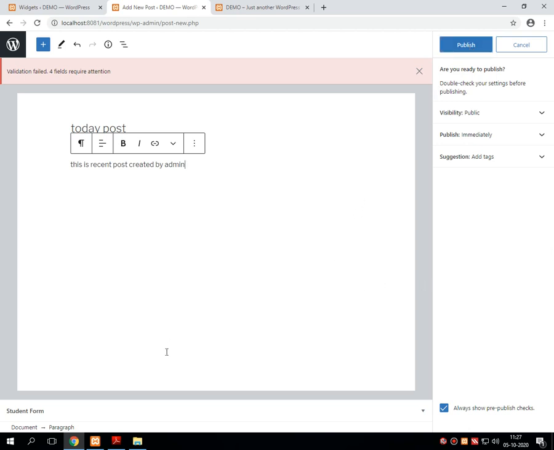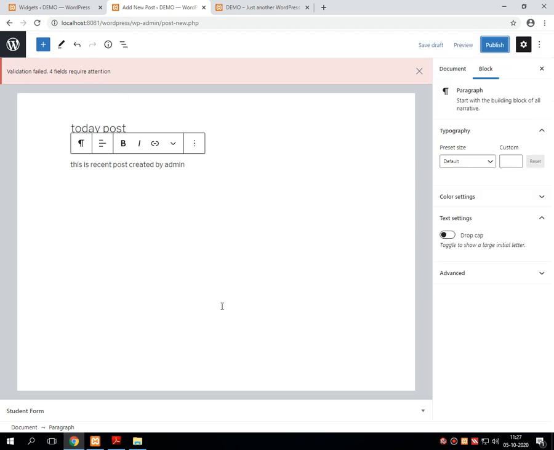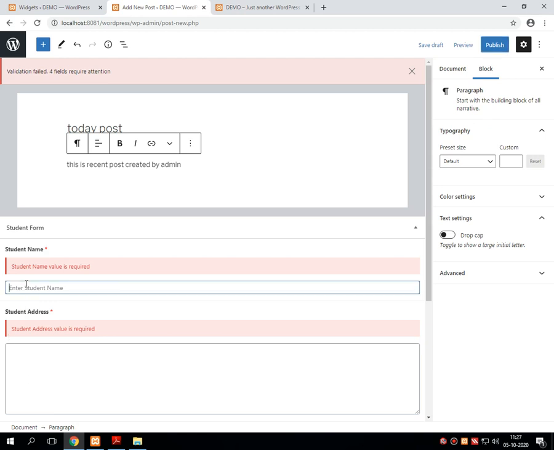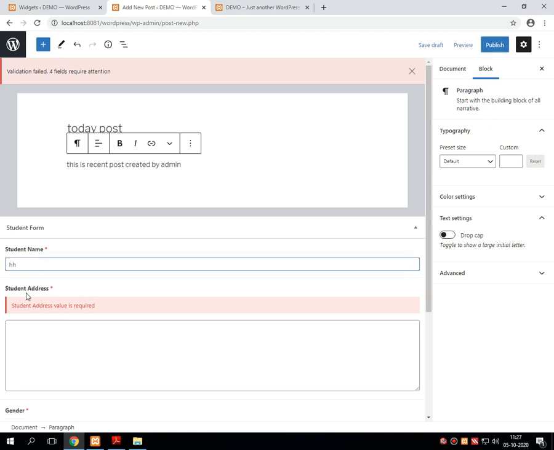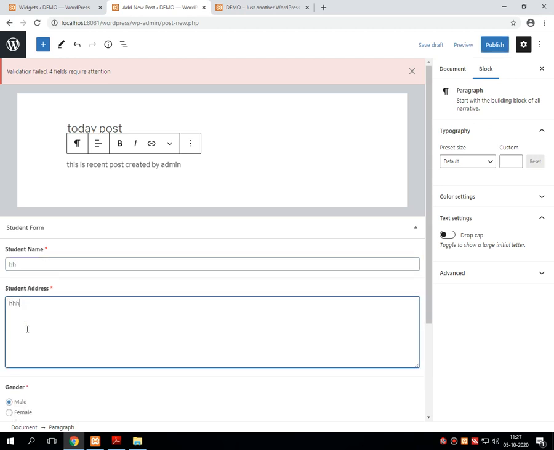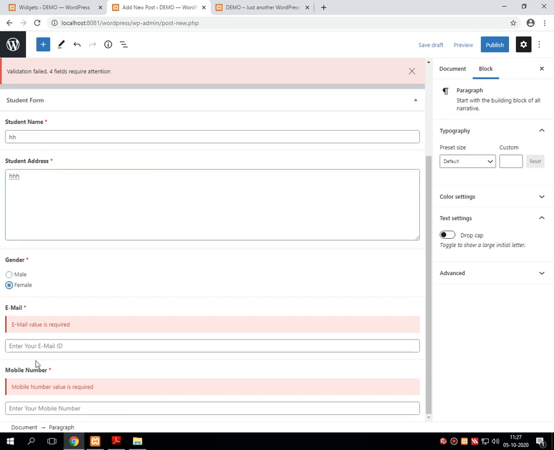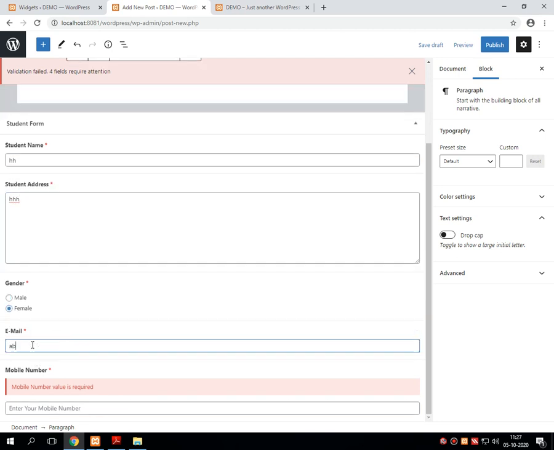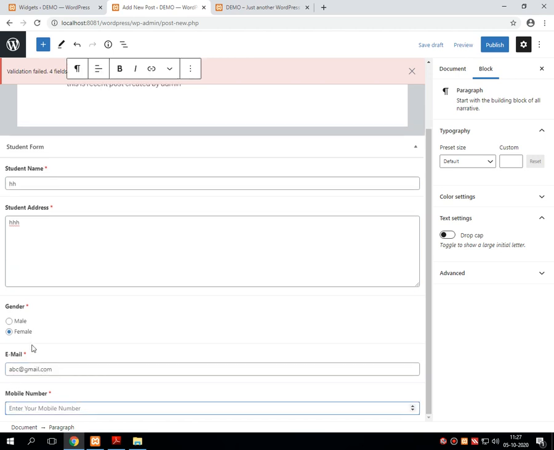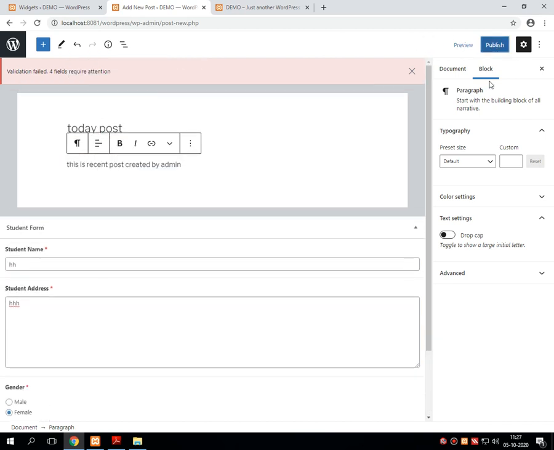I think I have given some validations over here. These are the form validators, so I have to give all these things and then I am publishing the post.